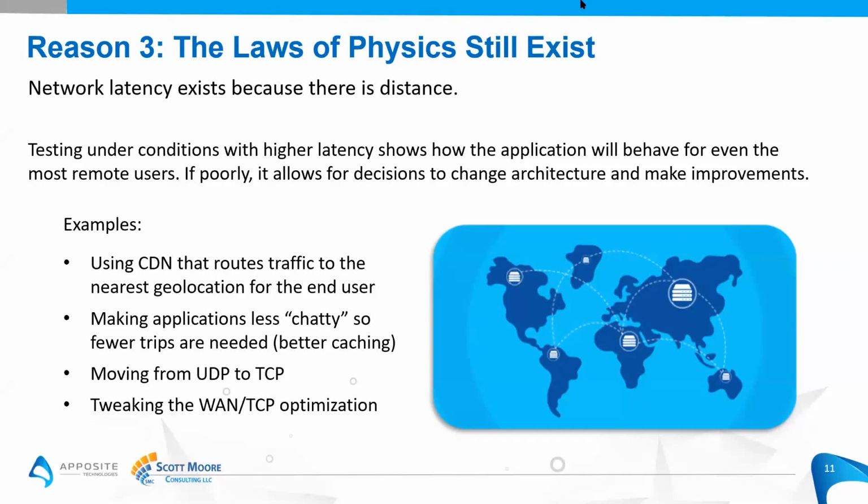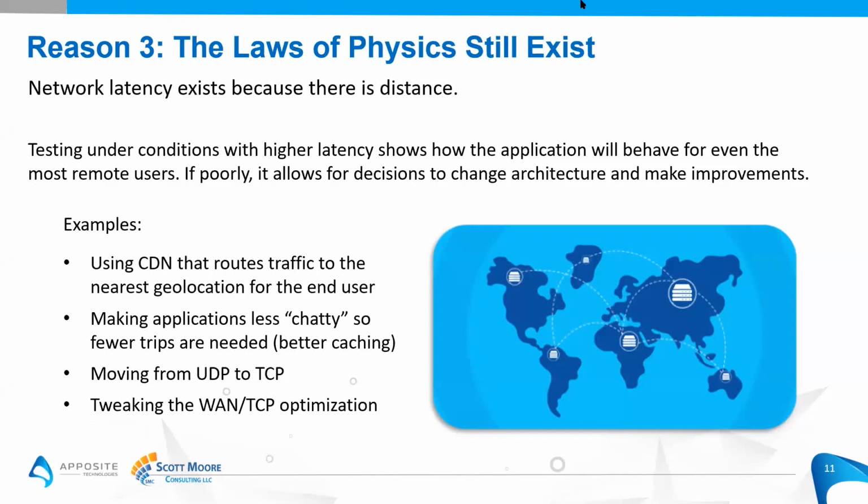So people can use our WAN emulators to tune things up, and they can make some changes. Some things as simple as moving from UDP, which is very lossy, over to TCP. They can slim down their network conversation. Again, that 40 meg home page is way too big. They could probably get rid of some of the large media files or image files on there and get their response time much better.